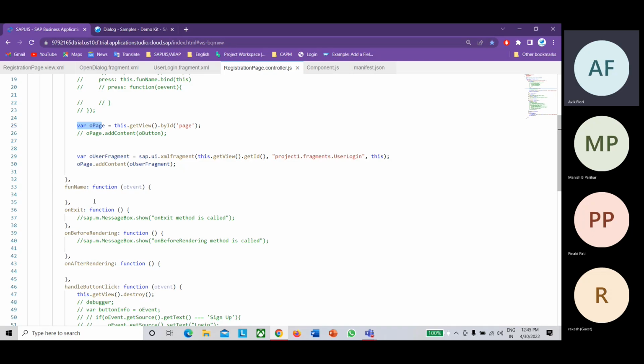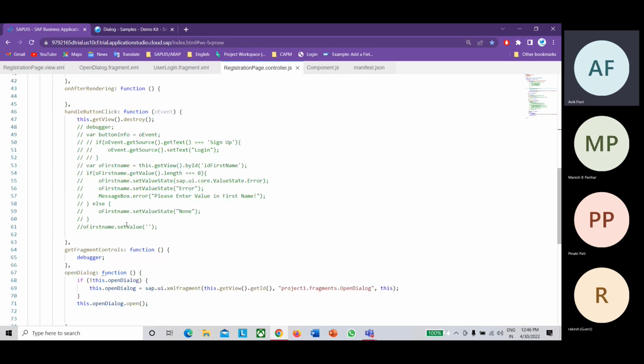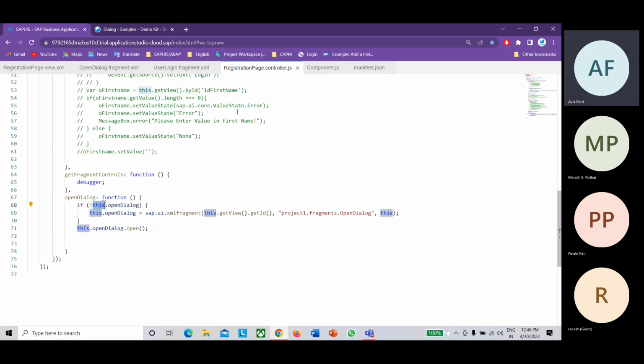You cannot access that variable in any other method. If you declare the variable on the this level, it's pointing to the current controller, in this case the entire controller, so it can be accessible in any method or function.